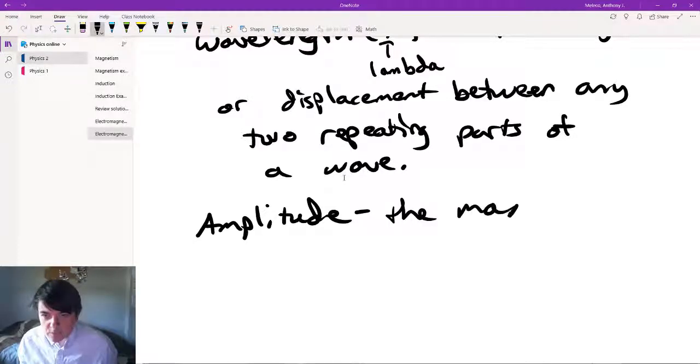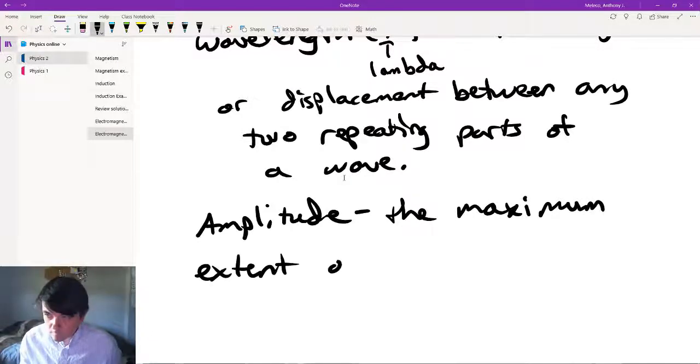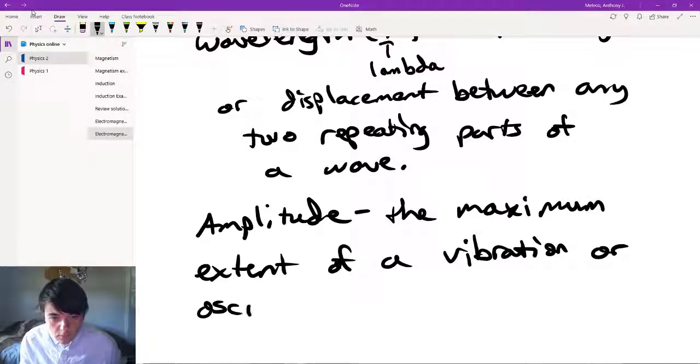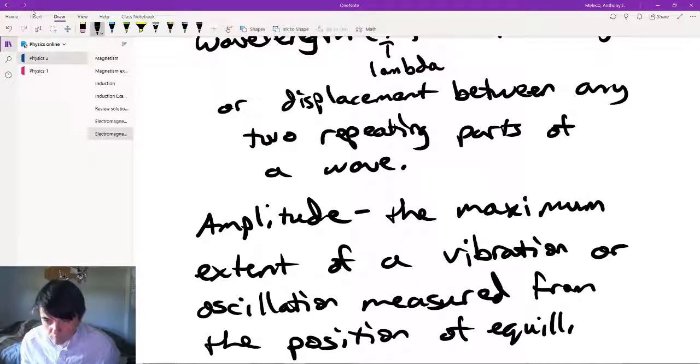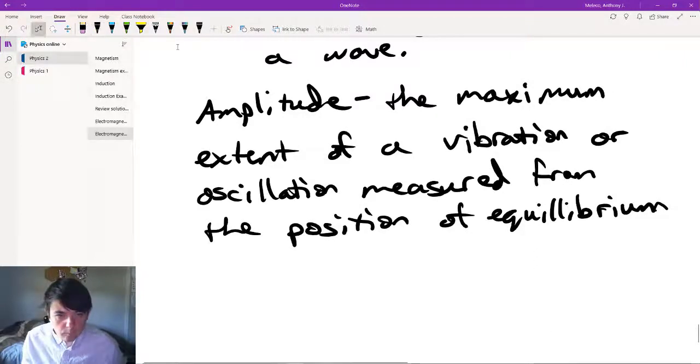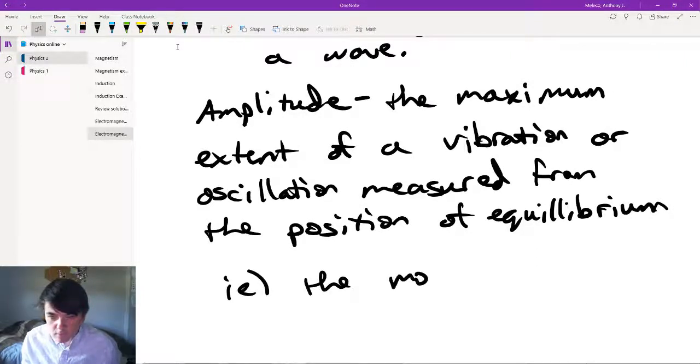It is the maximum extent of a vibration or oscillation measured from the position of equilibrium, which would be the 0,